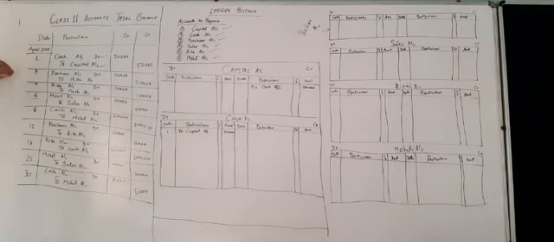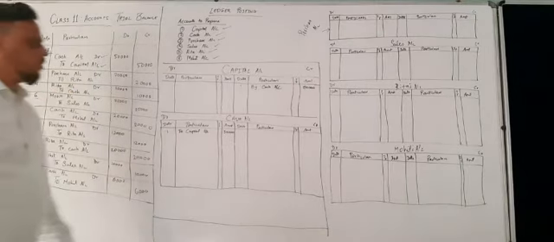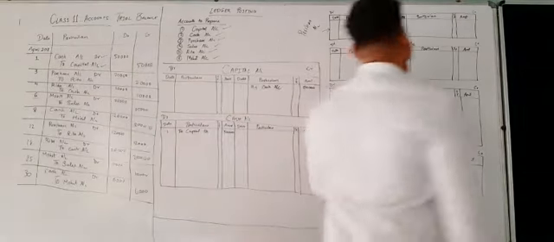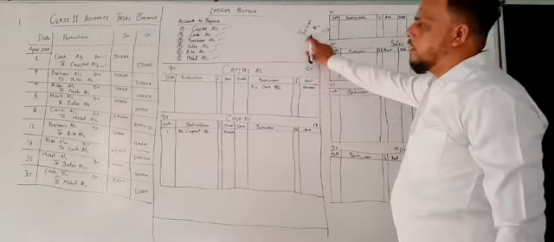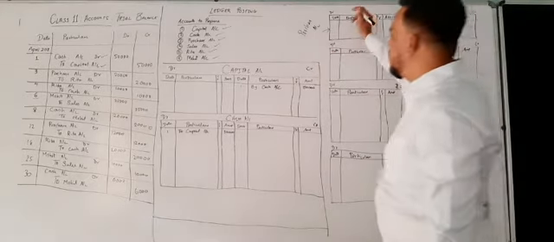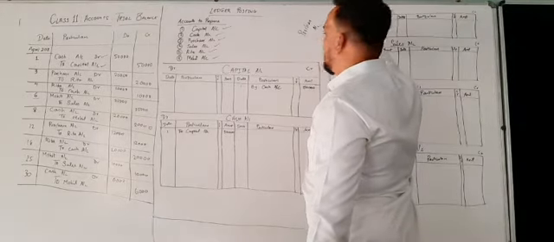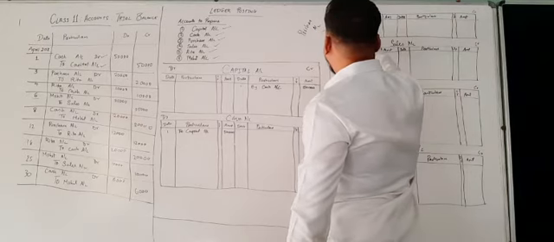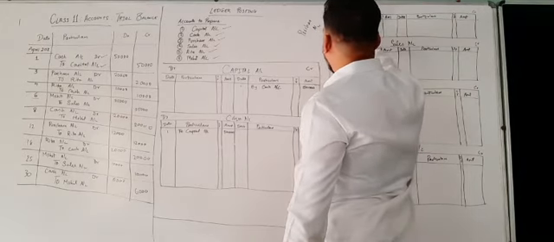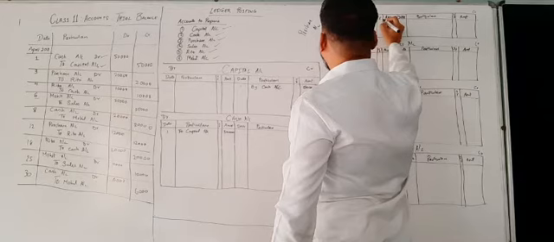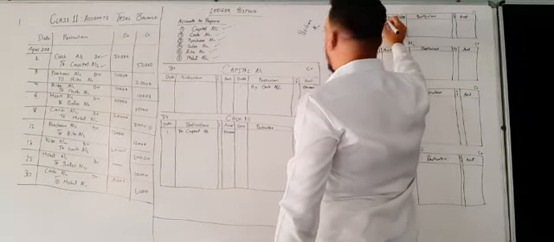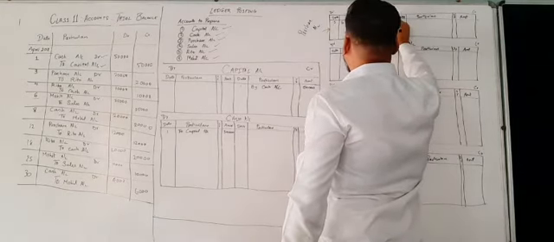Now we are going into the third entry. The third entry says purchase account debit to Rita account. So I have prepared the purchase and Rita accounts here. On the debit side of the purchase account, you have to make sure you write "to Rita account" on the third, and the amount of 20,000 has to be mentioned over here.